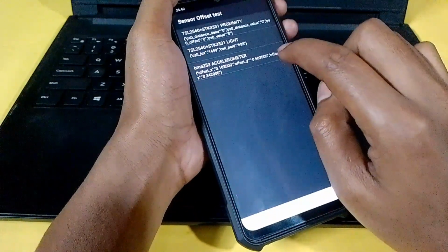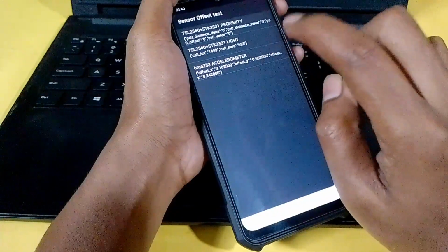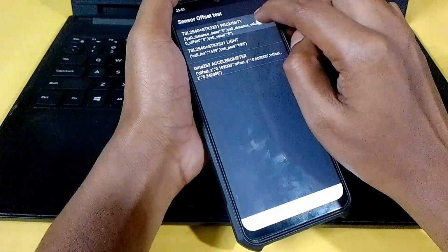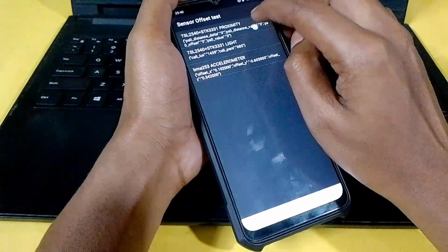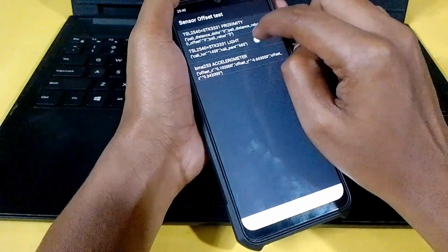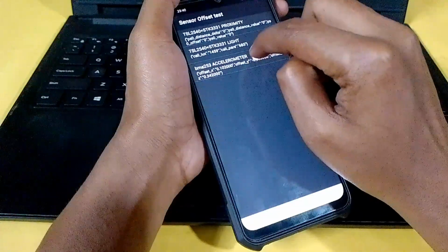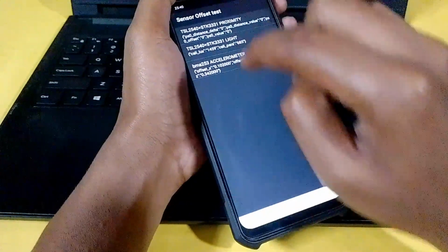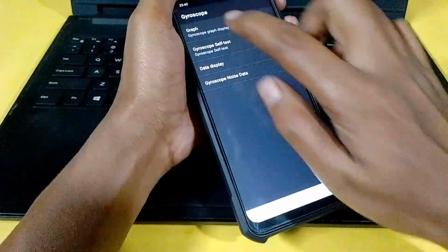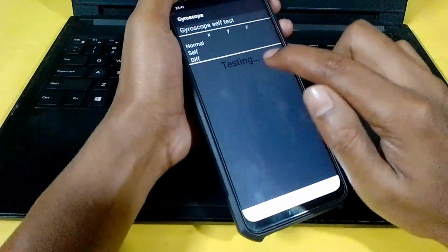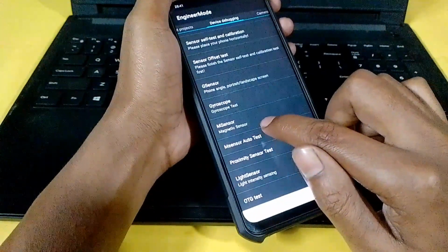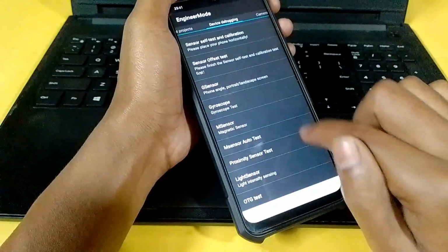One by one, click 7 times each. Then come back to the gyroscope cell test, see the pass, go back, and the aim sensor auto test, click, see the test successfully passed, go back.